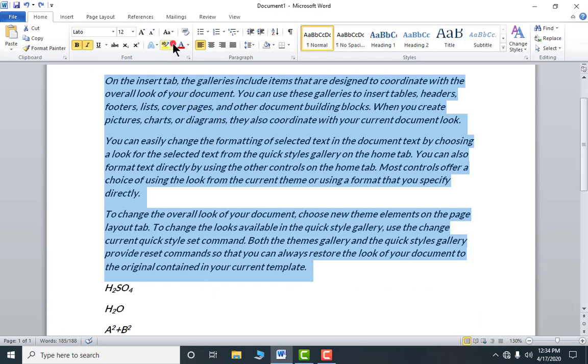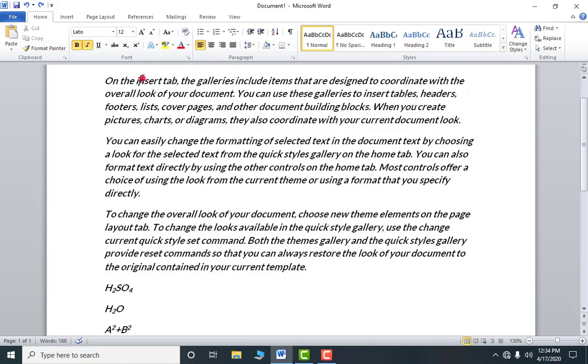After this, we have this. You can say it is like a highlighter. If you want to highlight the important words, so you can do this. Suppose I want to highlight this gallery, select this and click on this like this. It is like a highlighter. You can call it as simple background also, but basically it is a highlighter. For background, we have this one. Okay, we will talk about this later.